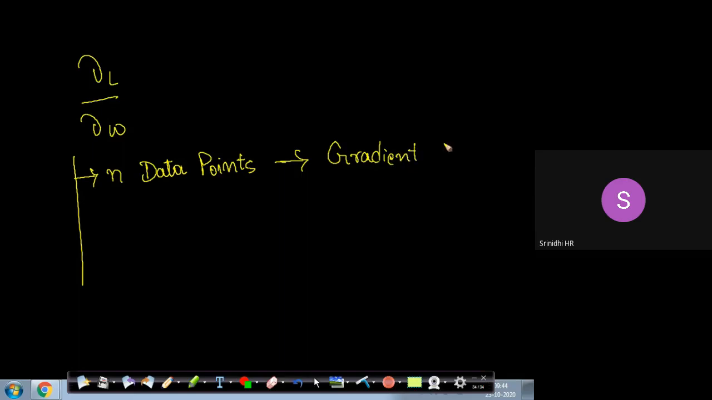Gradient descent. If I consider this derivative of L with respect to W for only a single data point, I will call it stochastic gradient descent. Now let's say another situation, where I calculate the derivative of loss with respect to W for k data points,